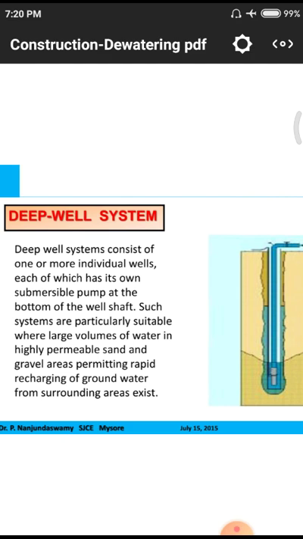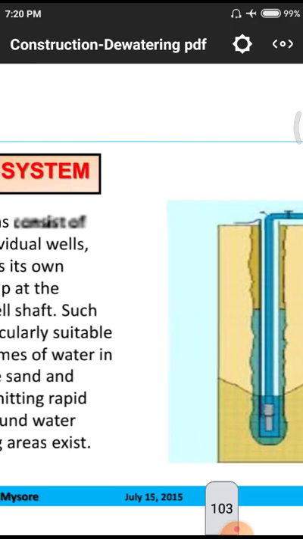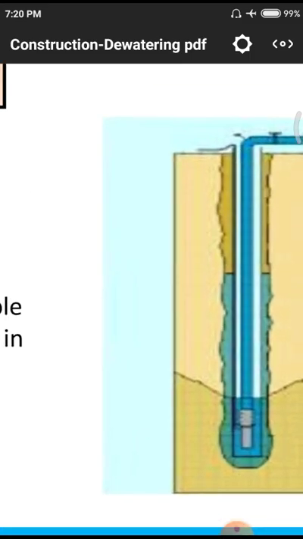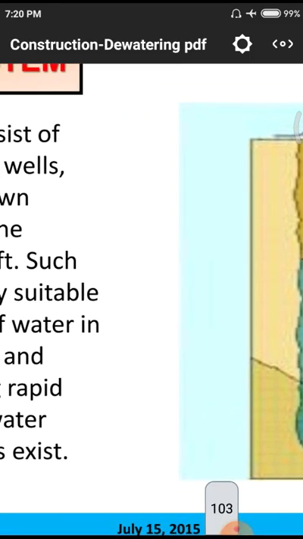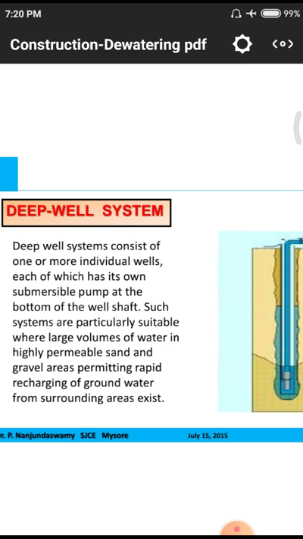Each of them has its own submersible pump. That means at the bottom we are having these submersible pumps. Why? Because normally in the below-ground layer there may be some quantity of mud particles mixed with the water, so that the water will come with a huge amount of